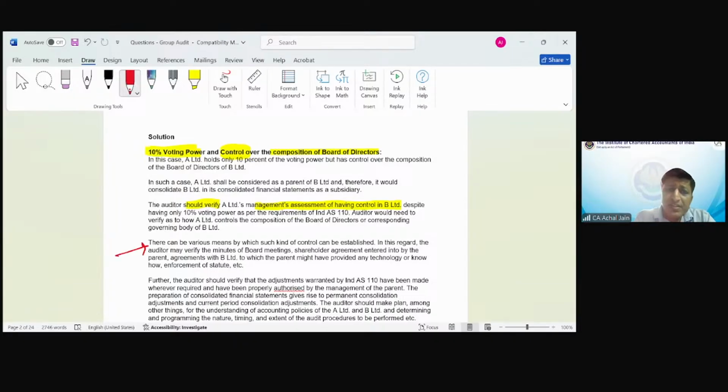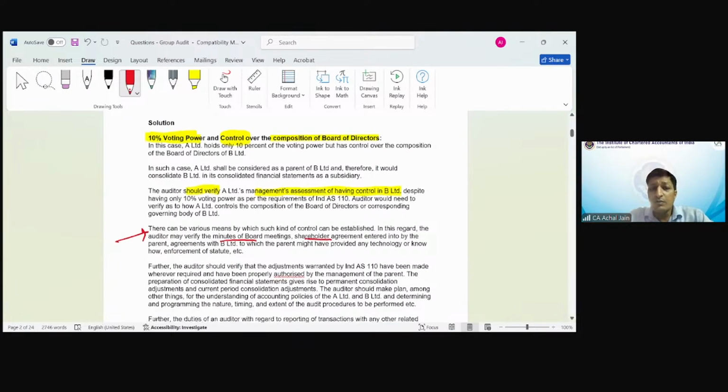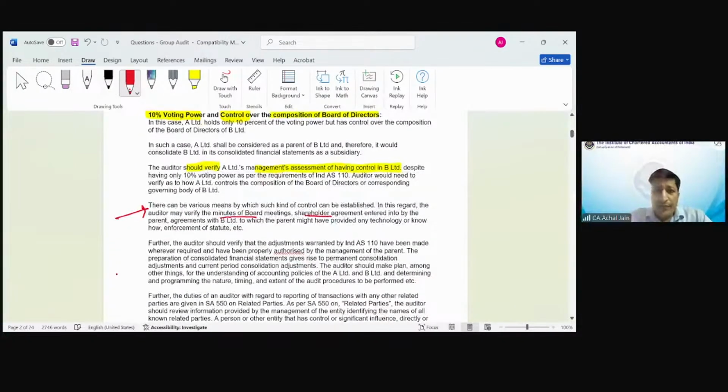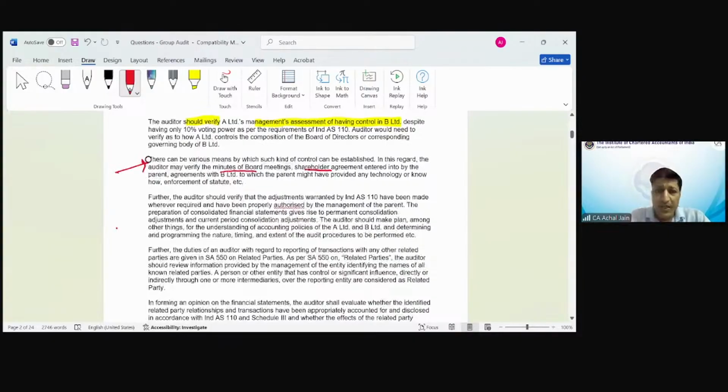Okay, so minutes need to be looked at. If there are shareholders' agreements, those need to be looked at, or any other thing through which the management has been able to substantiate this. That needs to be looked at. Further,